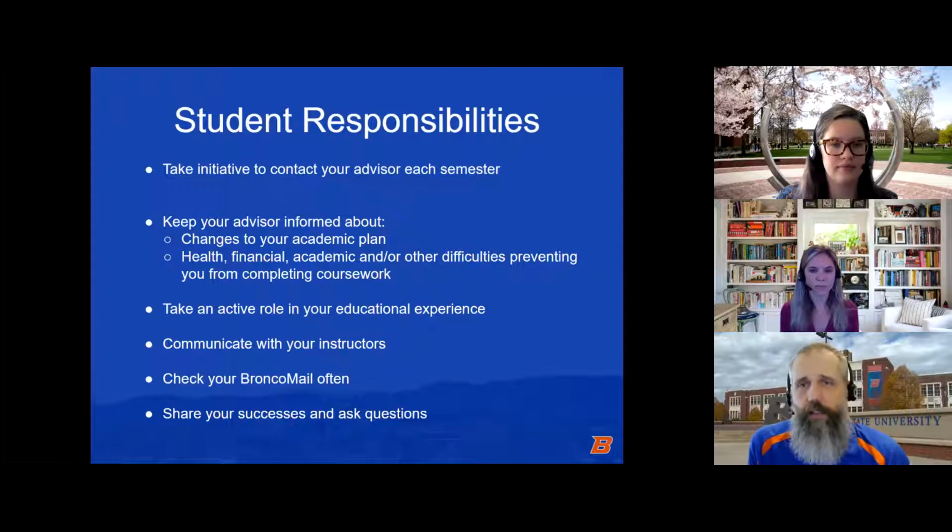And as things come up in life that are outside of your control, health things that might come up that might get in the way of completing a class or something like that, financial changes, keep us updated. Let us know right away, because we want to make sure that we are very proactive with you. If we need to reach out for answers to a problem, figure out some sort of support or resource that we need to get you connected with. But like I said before, definitely take an active role in your educational experience.